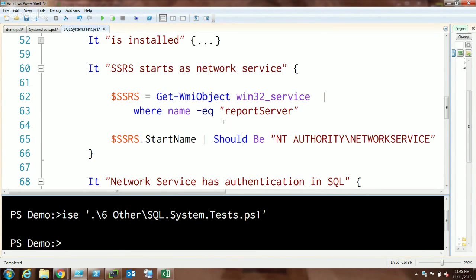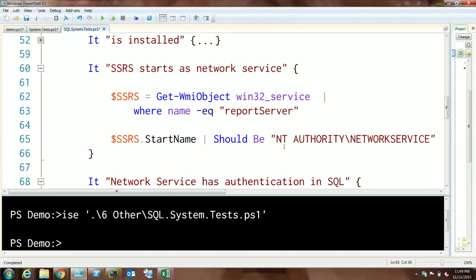So here we're validating that we're using network service, and the important thing is there's a couple ways to change the login account for a service, but if you do it like you would any other service for reporting services,